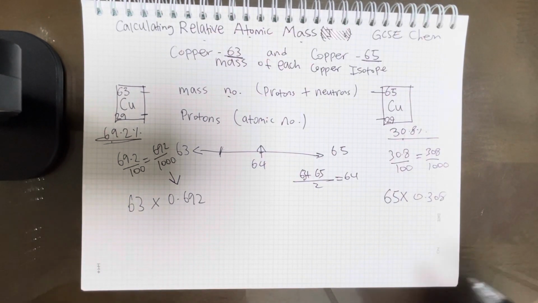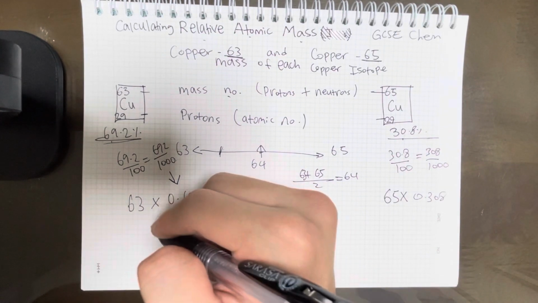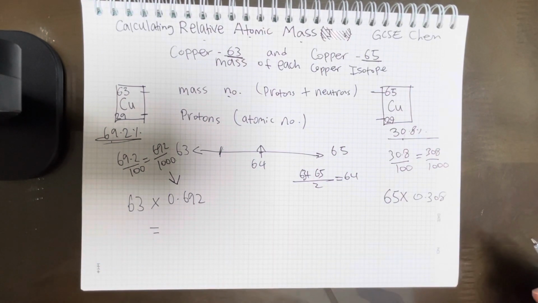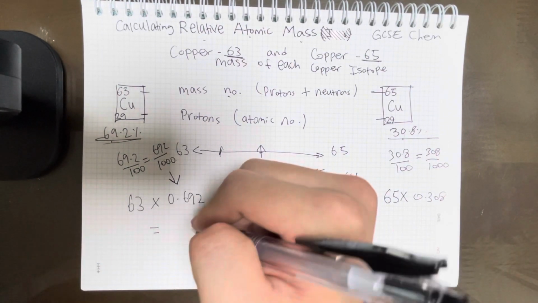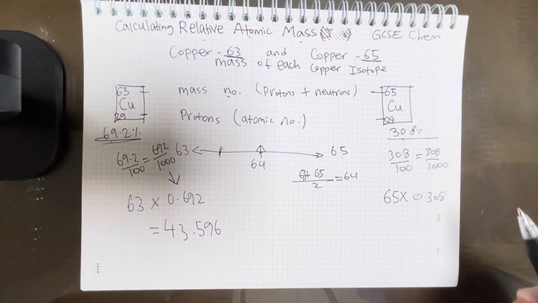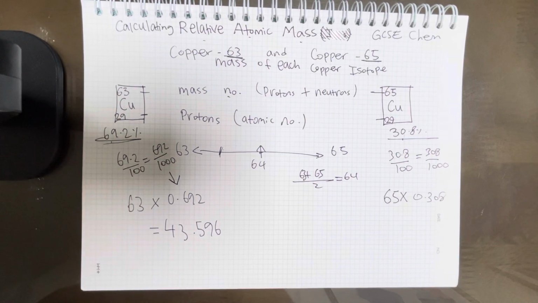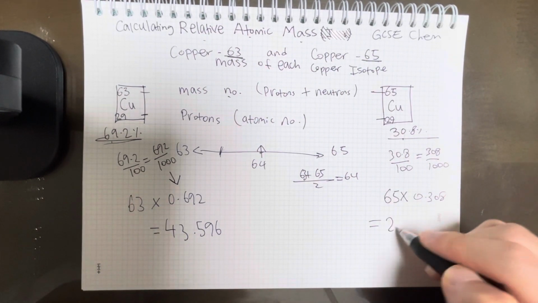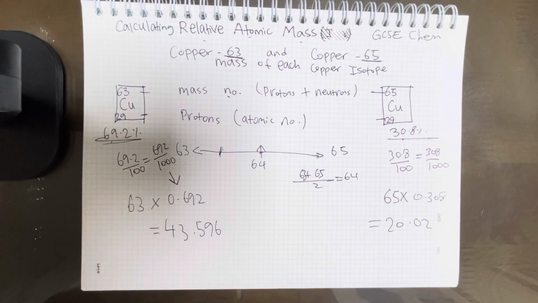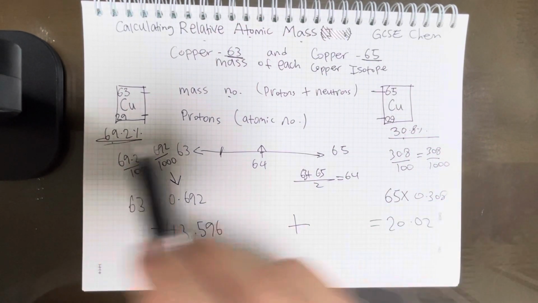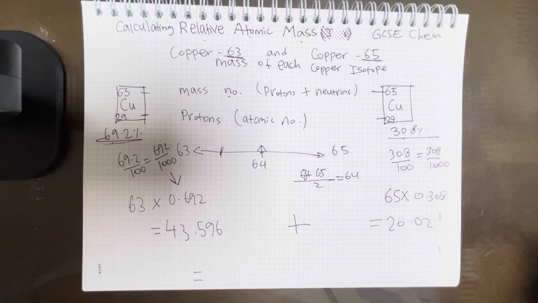If you do each of these calculations, 63 times 0.692 on your calculator, you will get an answer of 43.596. That'll be the average mass, 43.596. And if you do 65 times 0.308, you'd get 20.02. All you have to do is add these two up together, and that gives you a weighted average, the average accounting for each of their abundance, of roughly